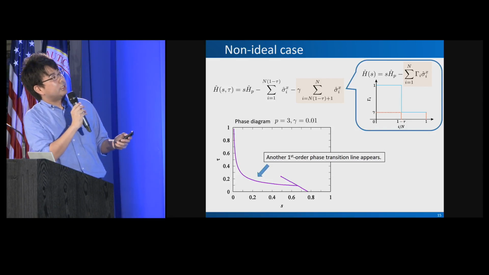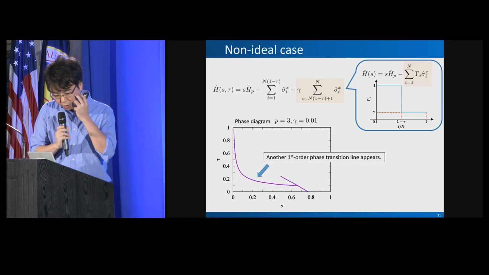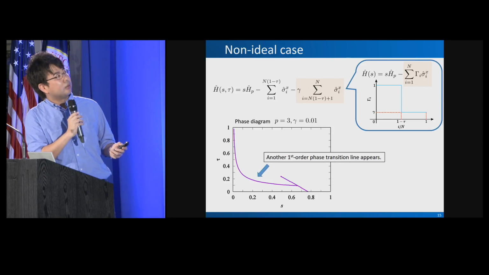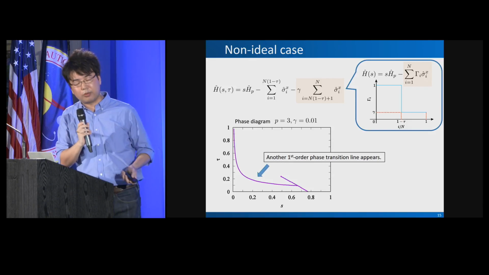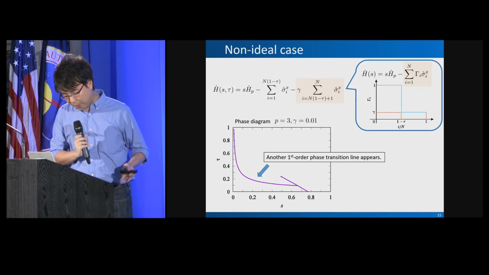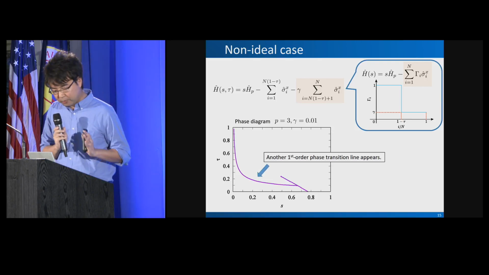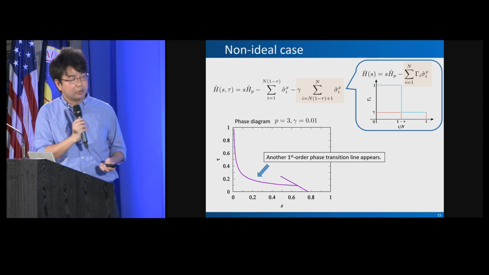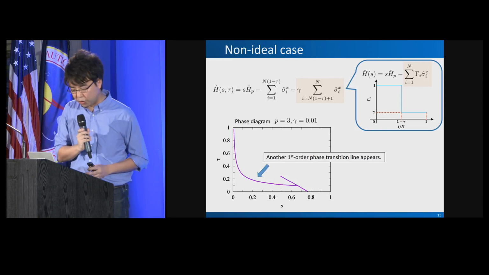So this line, we cannot avoid. We cannot take the bus. This line is an inevitable line, so we cannot expect a qualitative speed up for these cases. But we can show that another first order phase transition line is weaker than the original one,